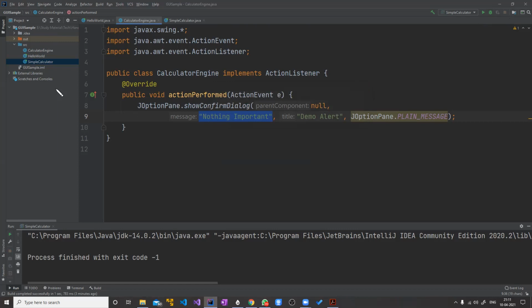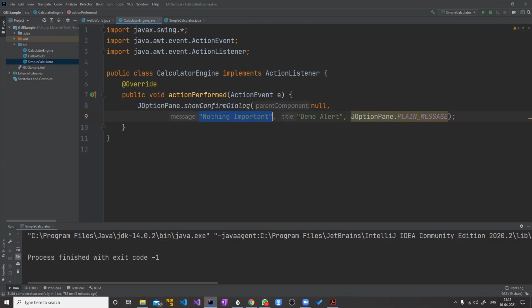When you click add, what do you think should happen in the background? I think it should read the input from those two fields, then add those two inputs, and then display it in the third field. From an outsider who doesn't even know programming, this is how you would divide it into steps: read the two inputs, process the two inputs, and display in the result field. So we'll do the same thing.